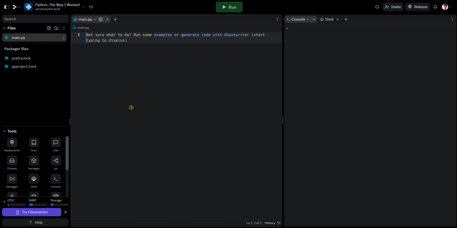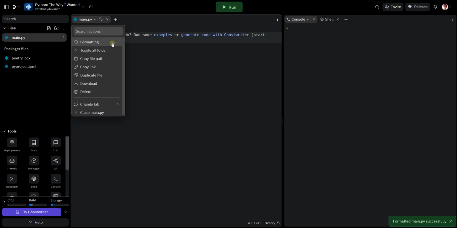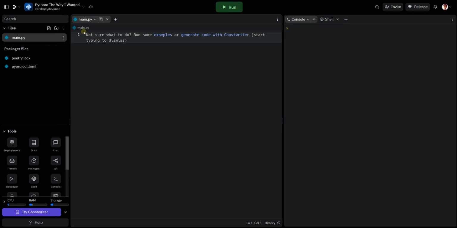But here in Python, this is the main file, as you can see from the name. The compiler in this case is going to be an interpreter, but Python also uses a compiler to a certain extent. I'll explain that. Okay, I haven't typed anything, and as you can see there is nothing here. The very first function that we're going to write is print.